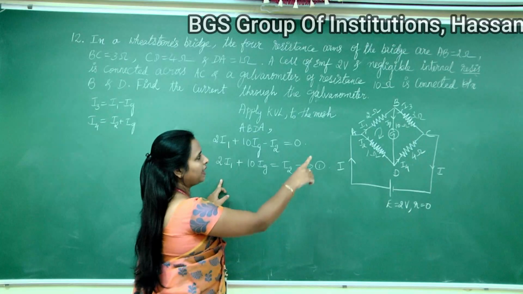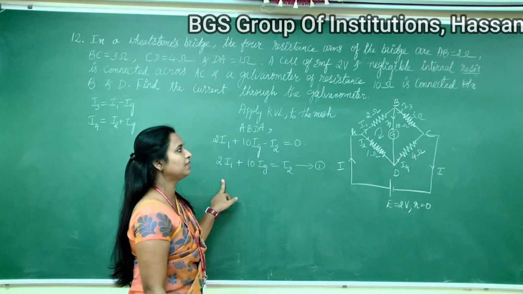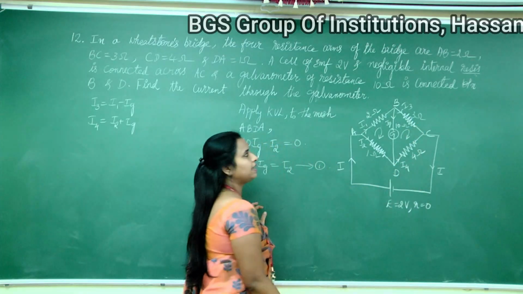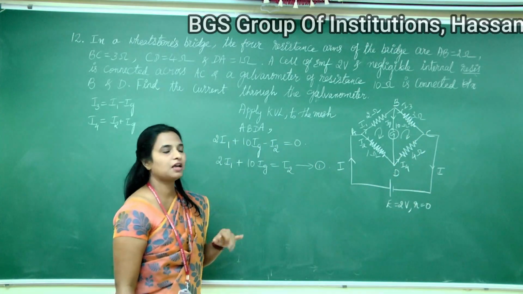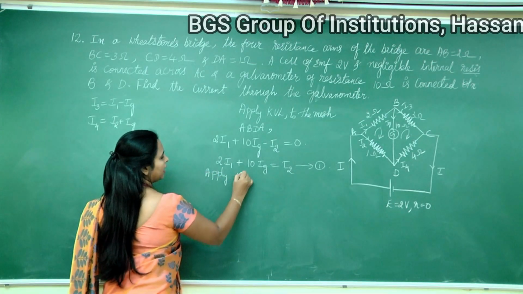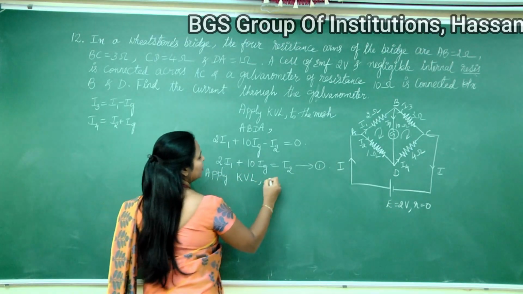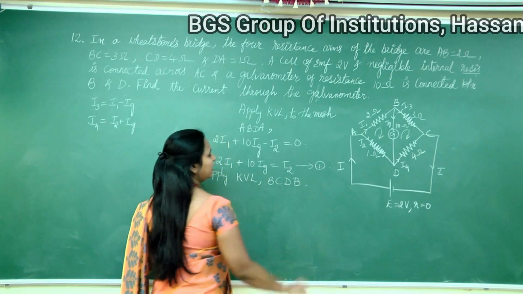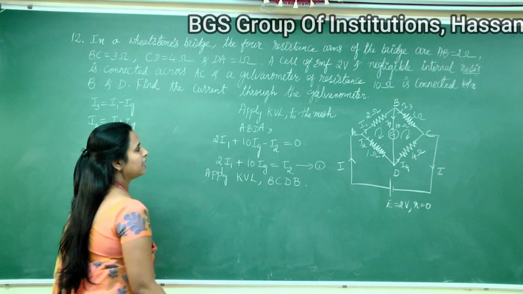Then apply the same rule, that is KVL, to the mesh BCDB, which is also traversed in clockwise direction. Apply KVL to the mesh BCDB. So BCDB ಗೆ ಅಪ್ಲೈ ಮಾಡಿದ್ರೆ ಏನಾಗುತ್ತೆ,